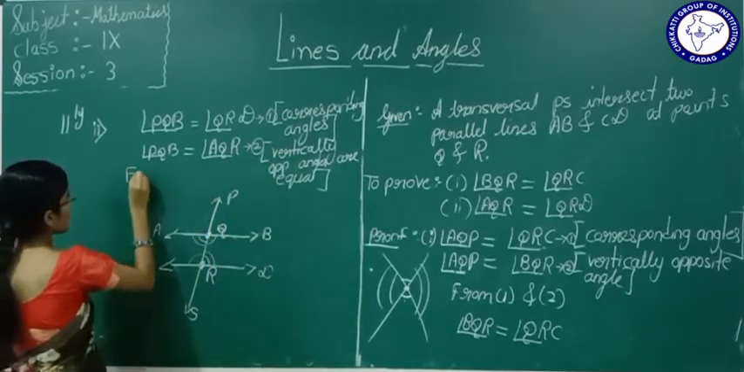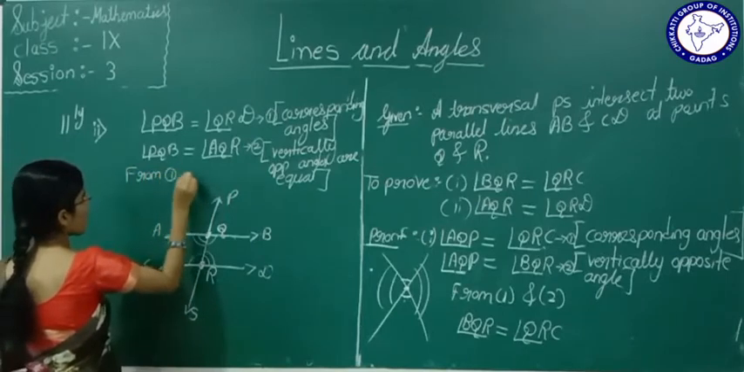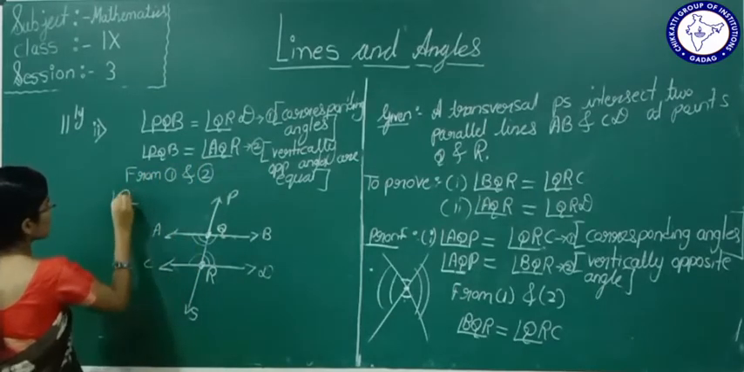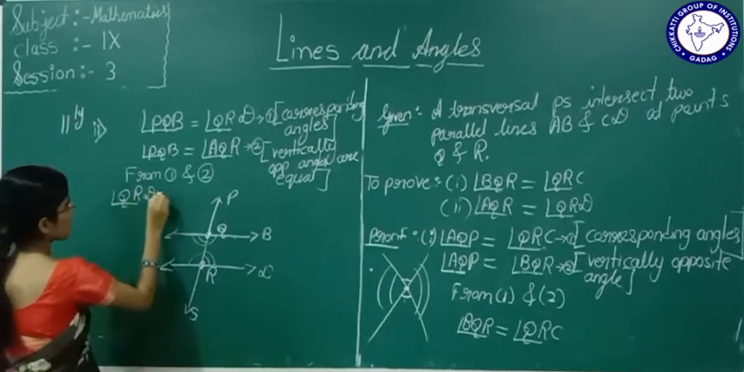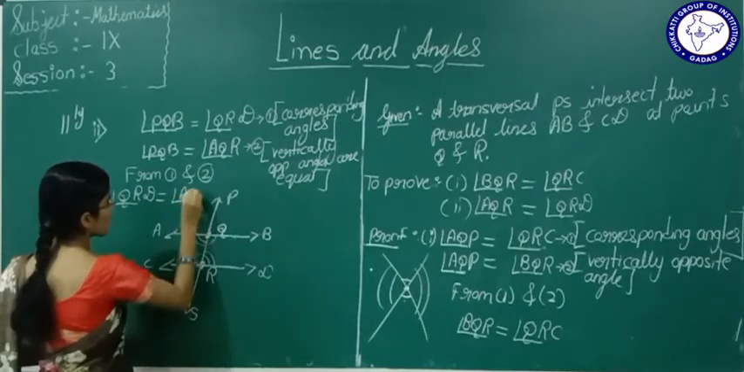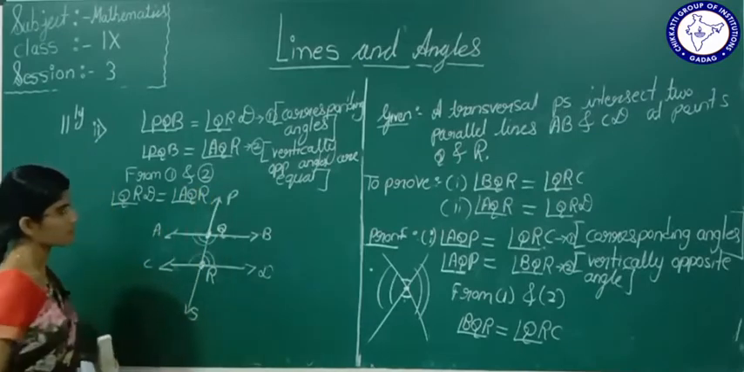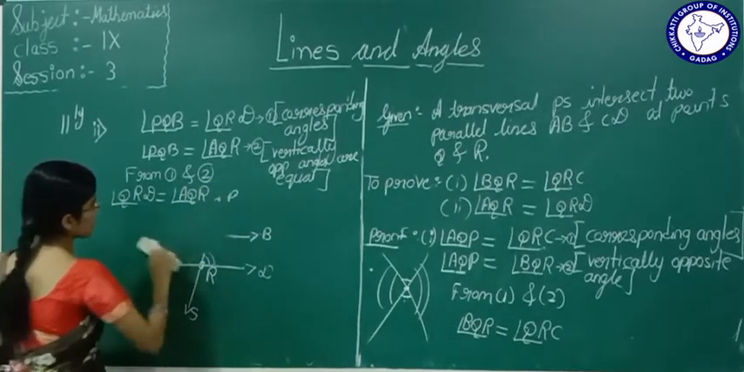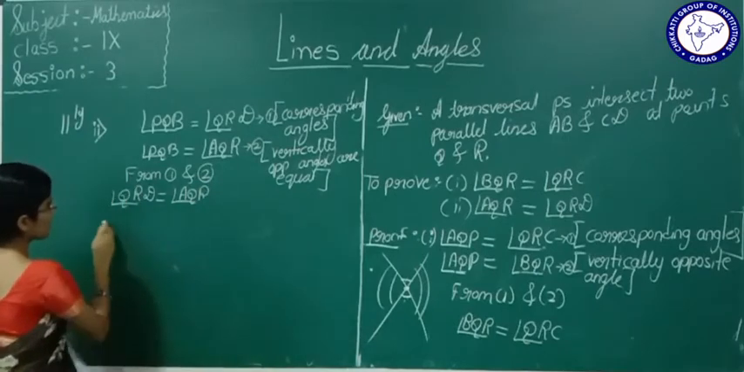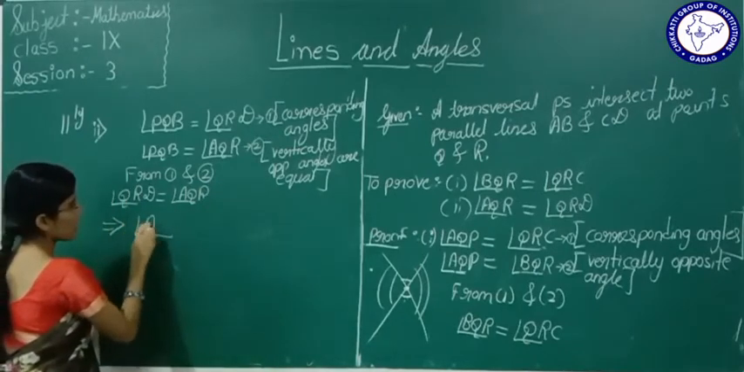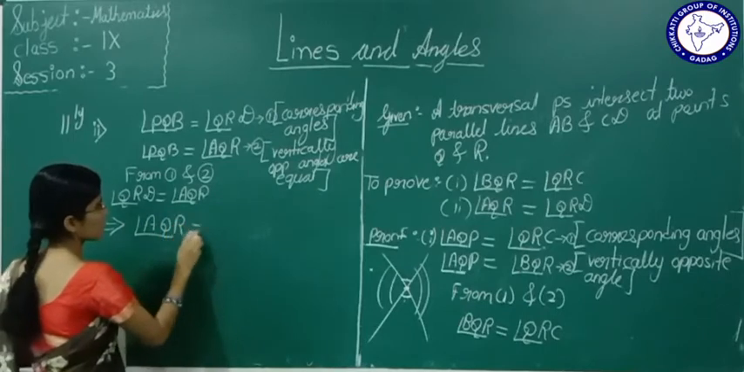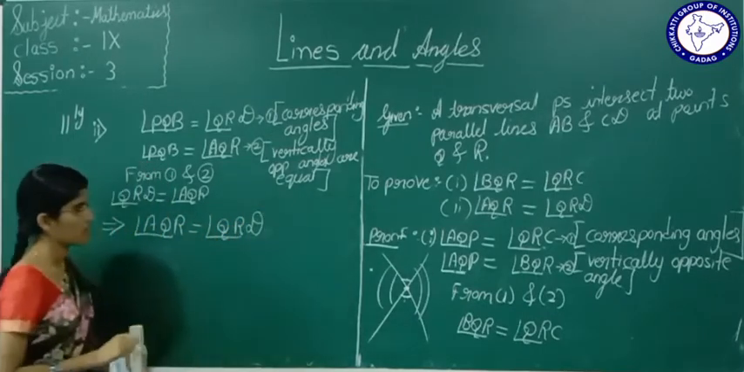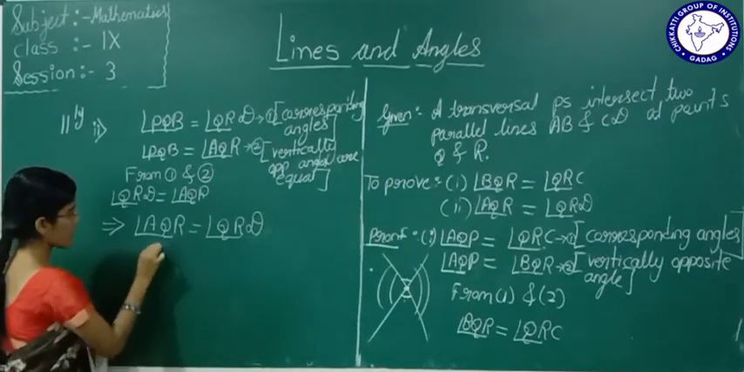So from 1 and 2 what we can write? From 1 and 2, angle QRD is equal to angle AQR, or we can write this implies angle AQR is equal to angle QRB. Okay, hence